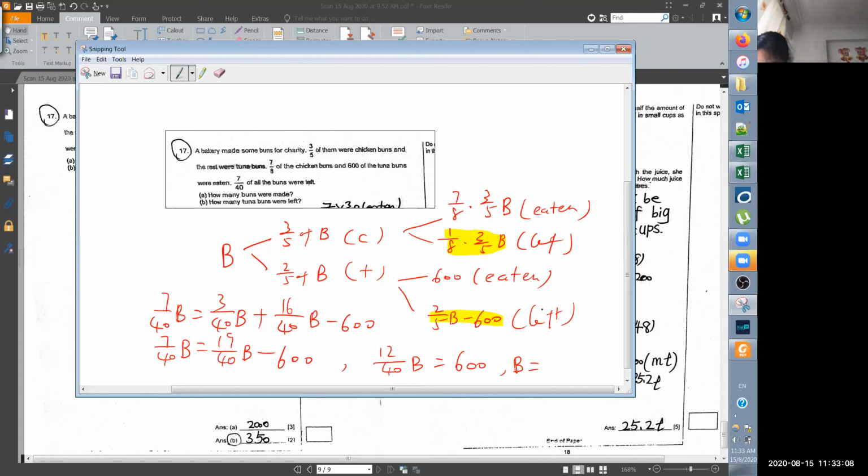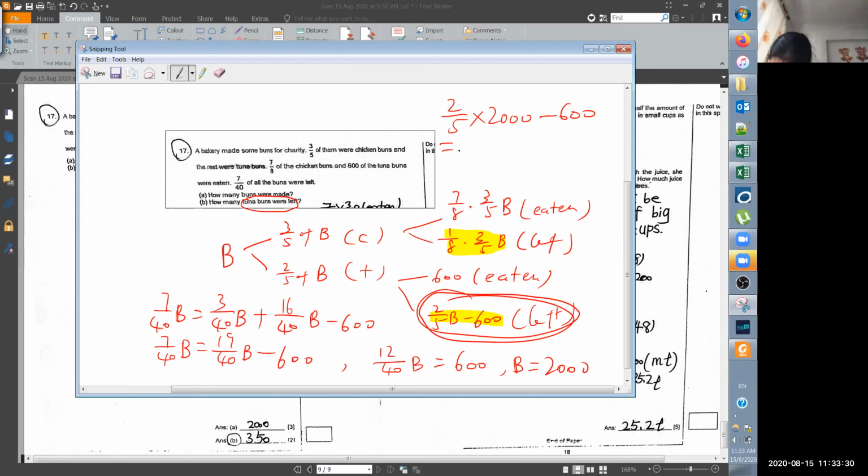So B is 2000. Yeah, 你对了，你也是对了，这2000。So once you get 2000, the question asks for how many tuna buns were left. Tuna buns were left. Tuna is here, right? Left is here, right? 你就乘咯。So 2/5, 2000 minus 600. 这什么错啊？来，这等于多少？